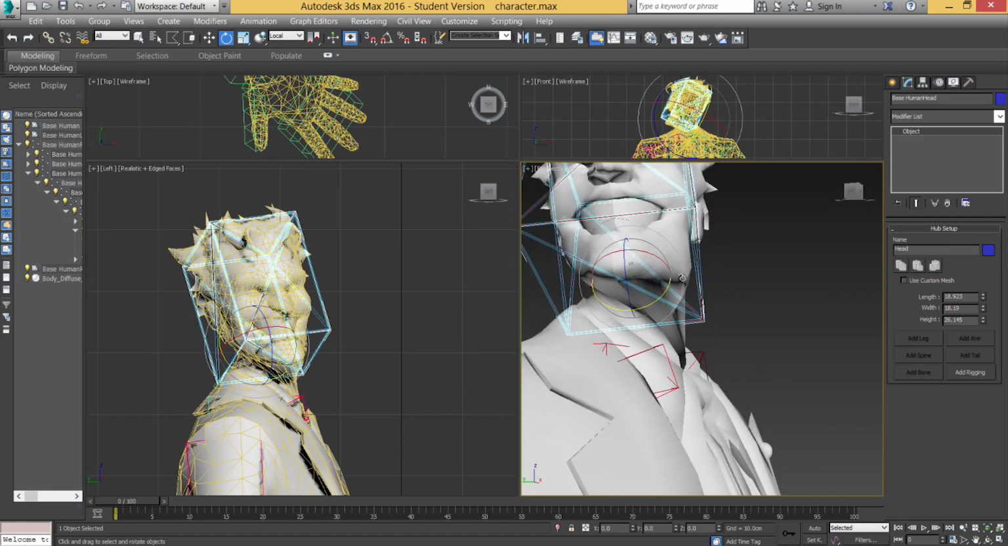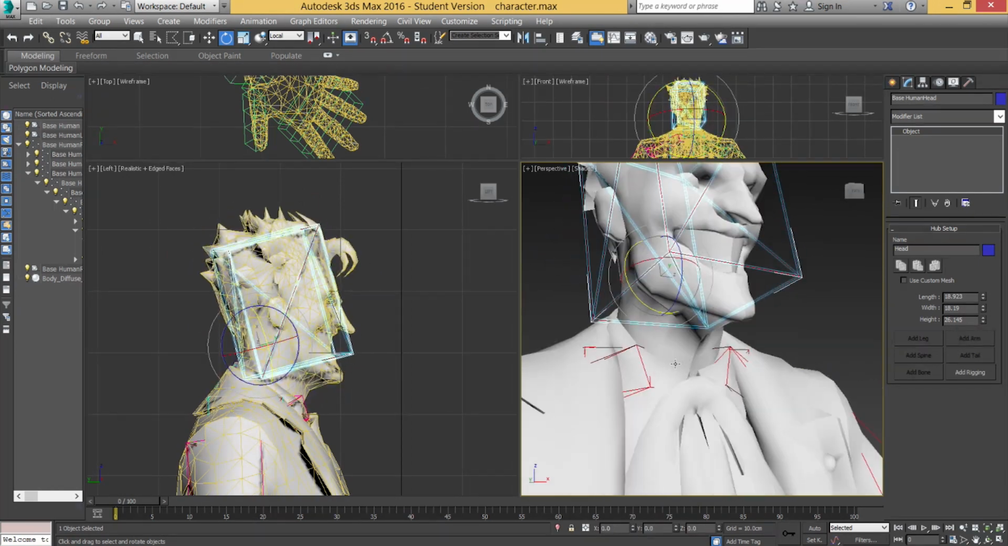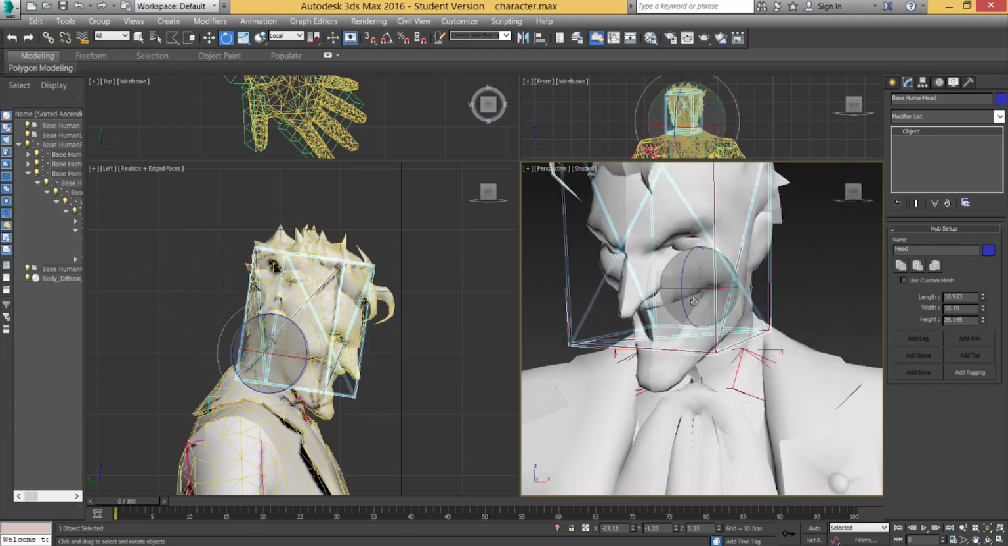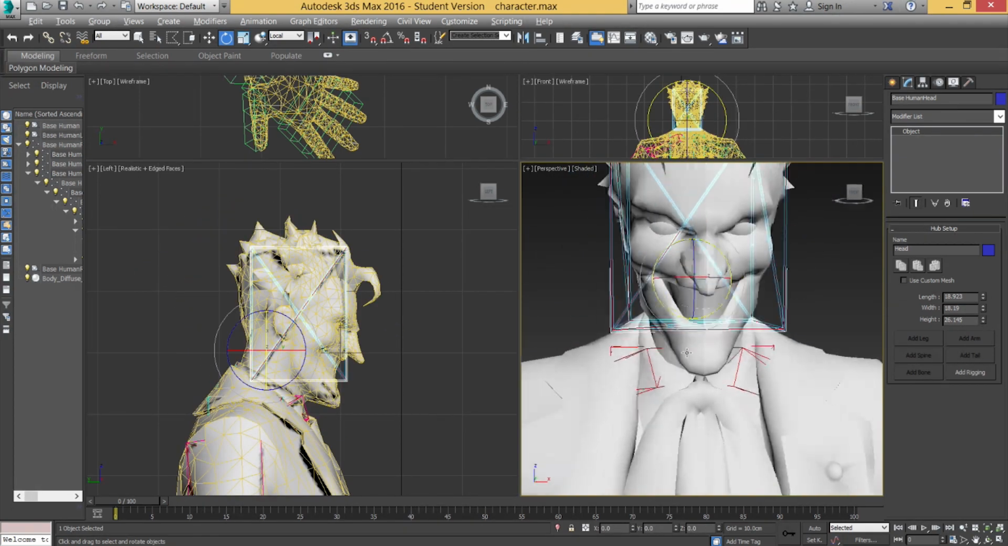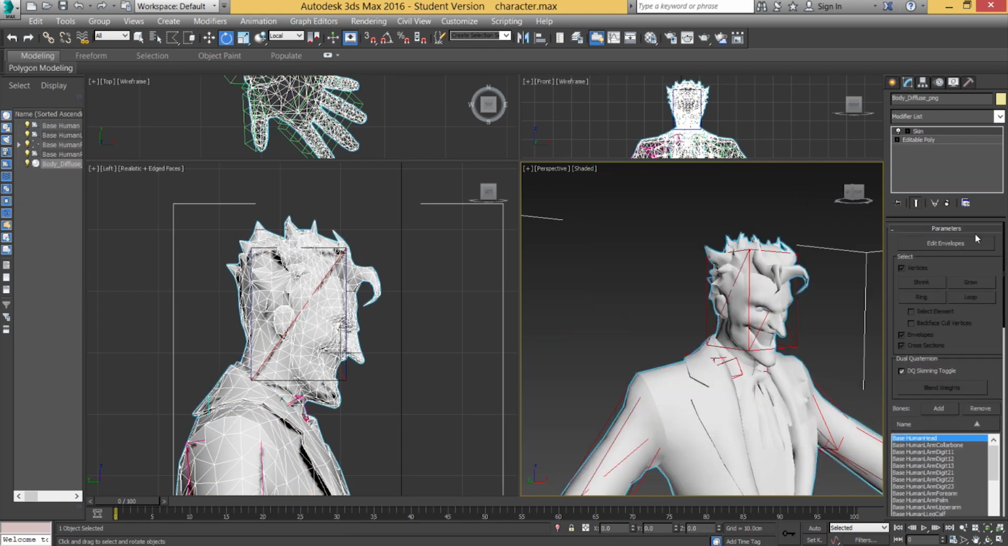The head is perfectly fine. There's still that flex in the neck. There's a bit of an issue with the top of the tie, but I can fix that just by adjusting the envelopes a little bit if I wanted to. I could quite easily, and this is I guess one last thing I want to show you, is how to exclude vertices from